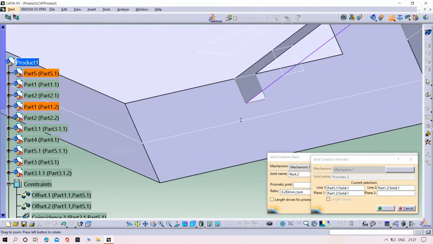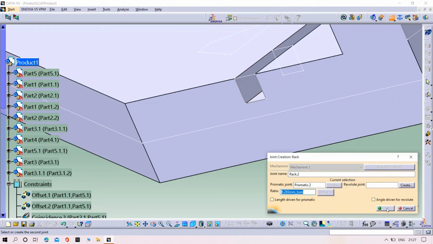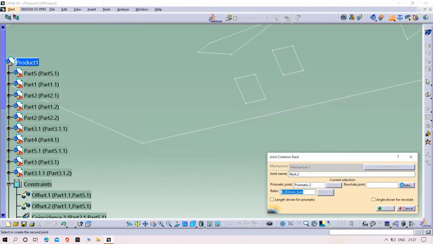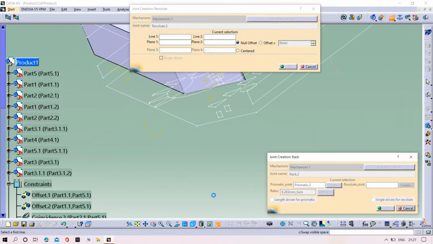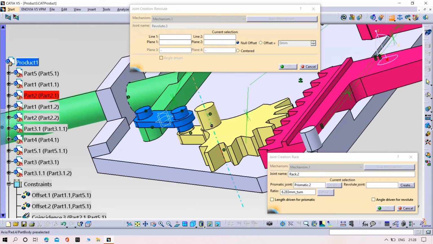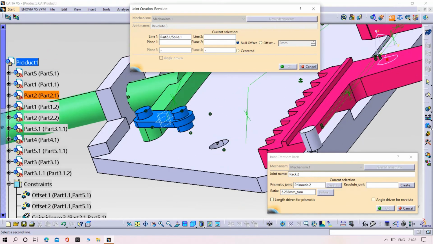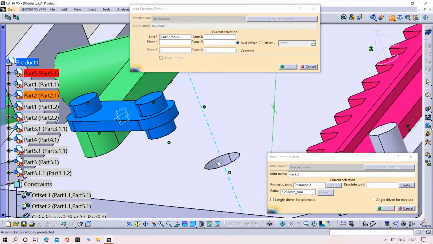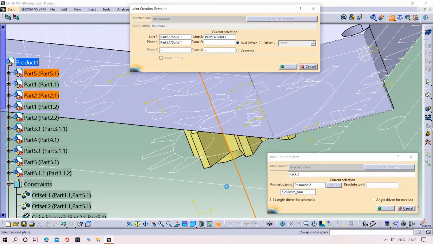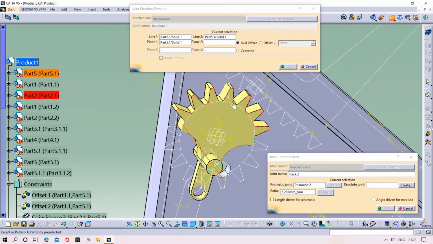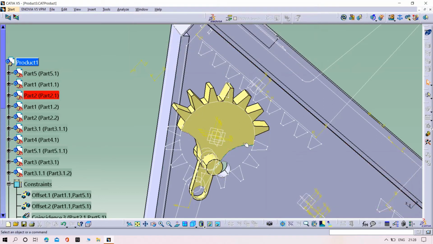Yeah, click OK. Again we need to create another revolute joint. For that, select the center axis which are coincident, and then try to select the surfaces. Yeah, click OK. The two rack and pinion joints are also over.